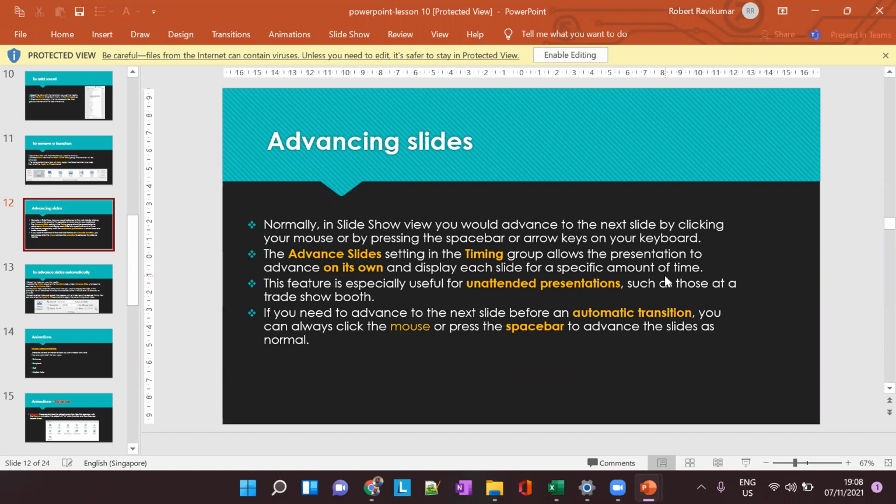We just transition from one slide to another automatically, so we don't have to click the mouse or press the space bar or an arrow key. This is how it automatically advances.